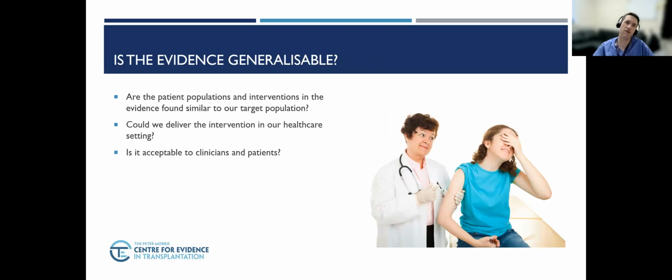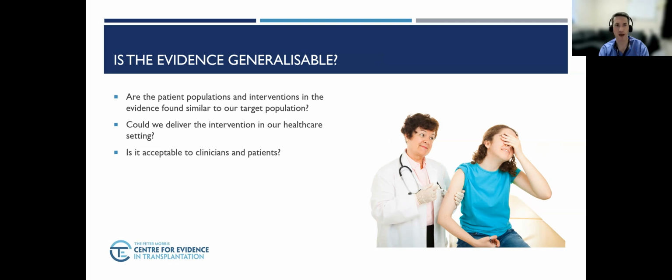The final thing to consider is: is the evidence generalizable? So are the studies that we're looking at from the literature, that we're making our recommendations based on, in populations and using interventions in a similar way to how we would consider using them in our practice? So if we're developing guidelines for the UK and we've got a whole bunch of studies in a US healthcare system that works in a very different way, we have to consider whether those studies and the results of those studies are likely to be the same if we were to use that intervention in our population, in our healthcare